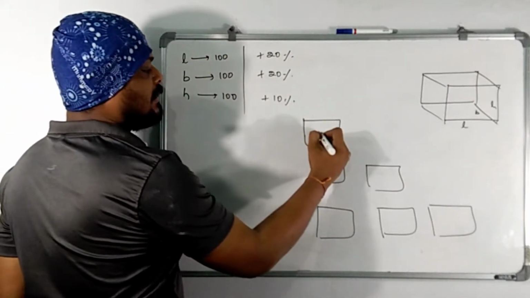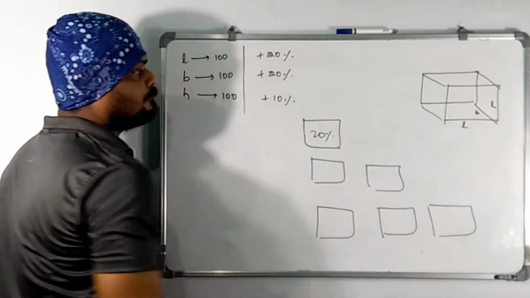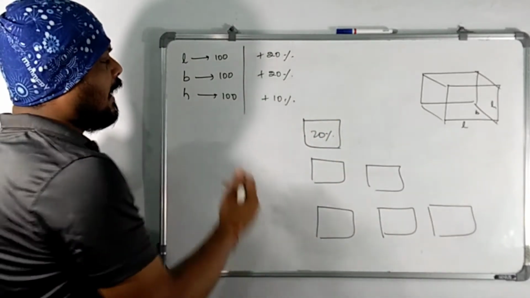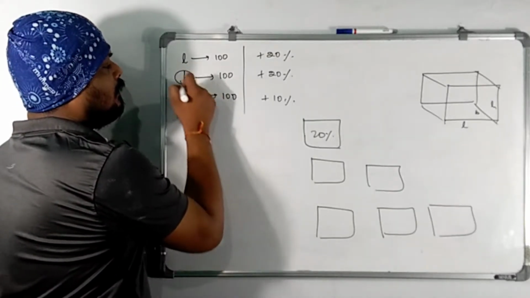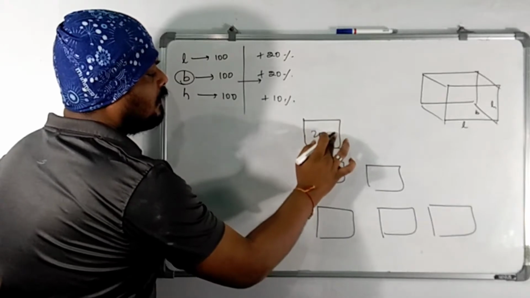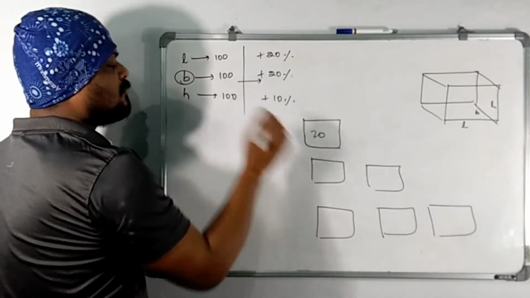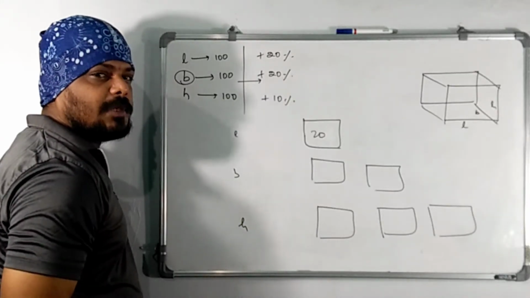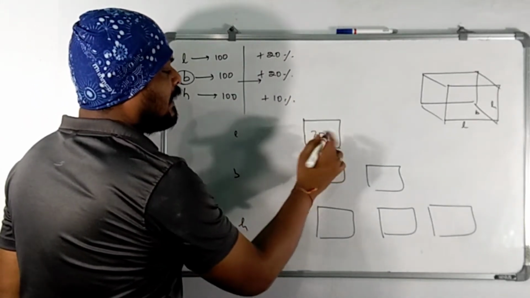So here it is increasing by 20%, and in the second condition it is increasing by 20%. Upon what? Upon the previous value. Here it is length, breadth and height. Let us take it as length, breadth and height. So here it is increasing upon